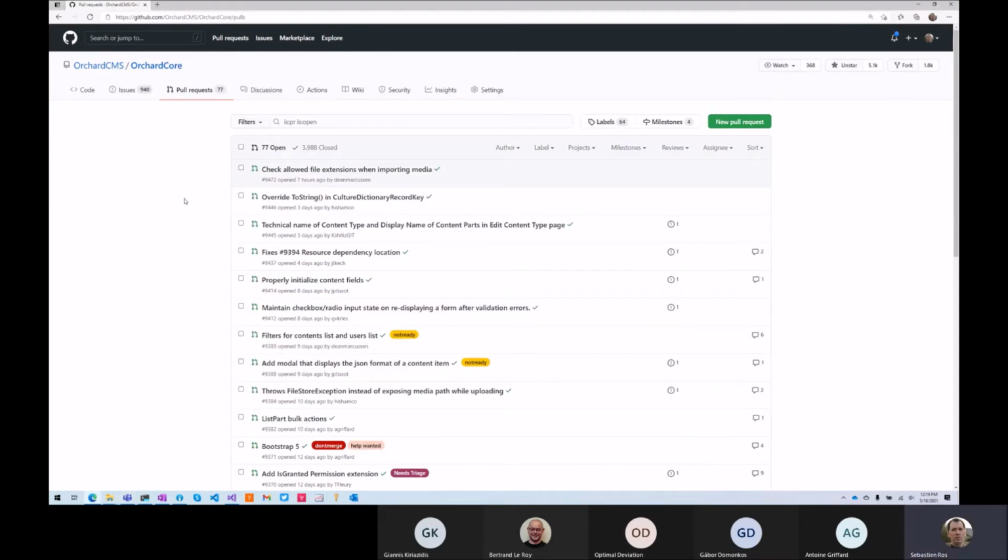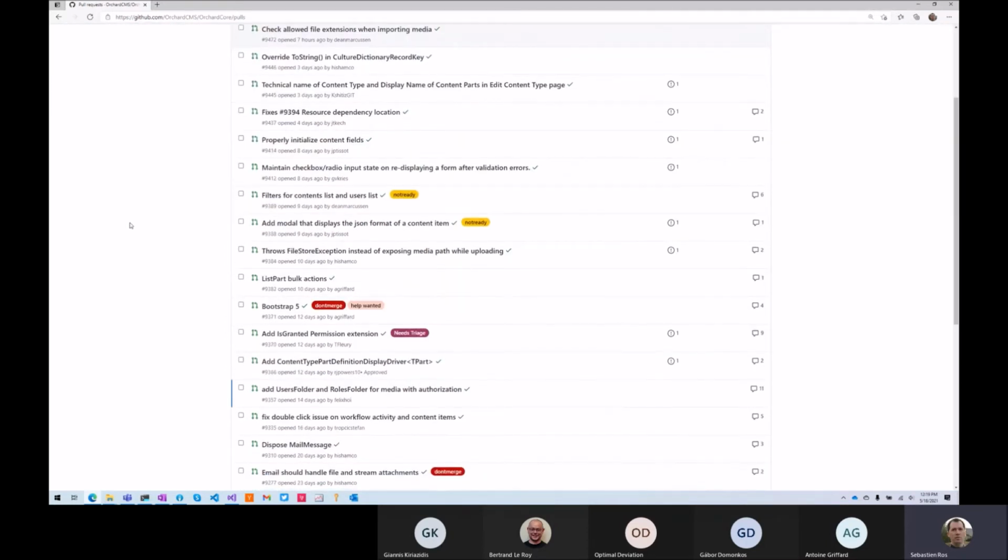Let's look at some PRs then, because we have time. What's going on? I've seen some work on data annotation localizations. I didn't read the thread, and I don't see Jasmin or Isham talk about it. We saw Bootstrap 5, and not sure we mentioned it during the meeting last week on doing triage, but this won't be a 1.0 thing. It's too early to get into Bootstrap 5, and there are too many breaking changes in the admin templates.